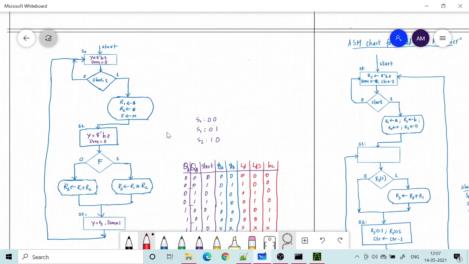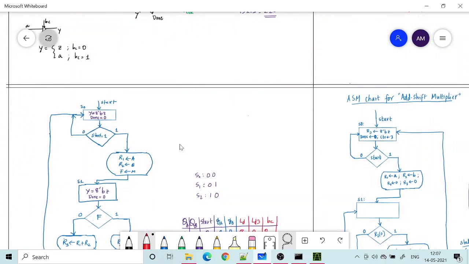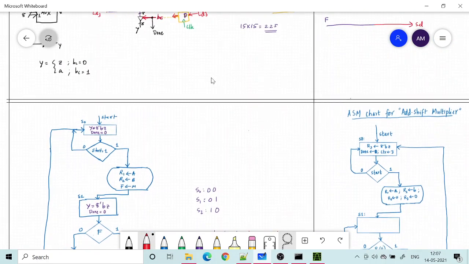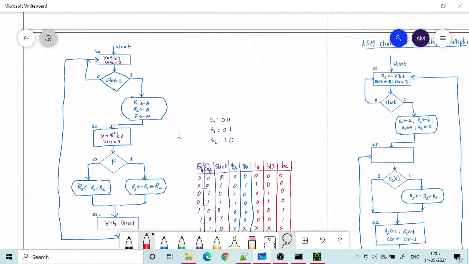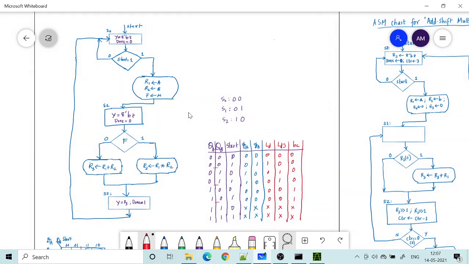Okay, another way we can work around it is we redesign the ASM chart, and we introduce one more state. So anyway we are using one D flip-flop, meaning one more memory is introduced. So why not introduce that memory into the controller itself? So for that, again we look at the state machine, but here S0, S1 and S3, three states I have done. Okay, it is almost the same.